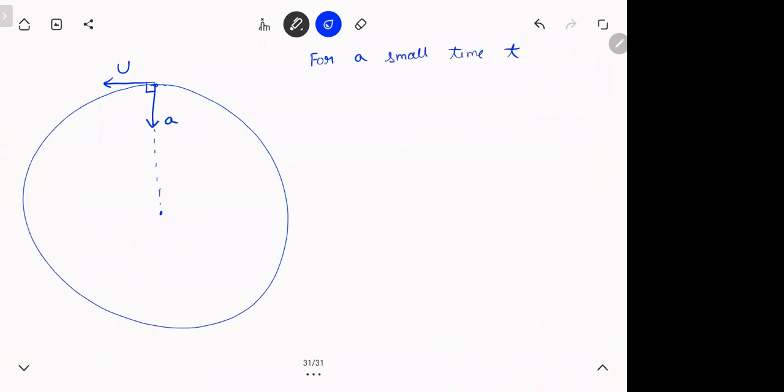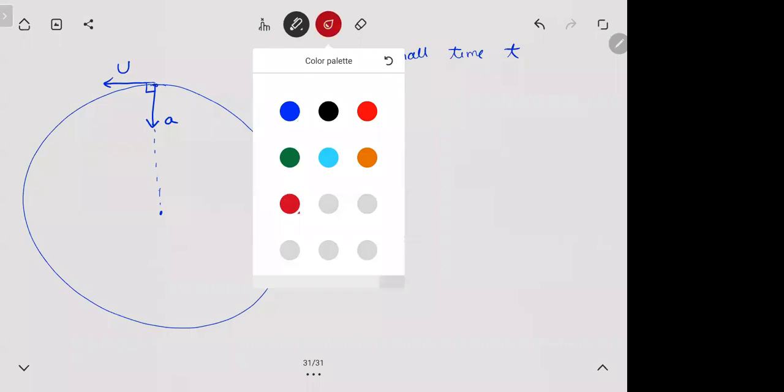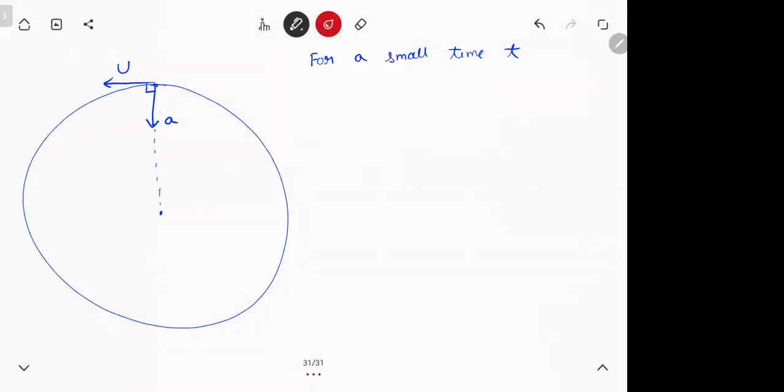So you're taking a very small time t. Now what will happen here? We are using kinematics, okay? In small time t, how much will it fall down? It will fall a distance of half at square. Agreed? Then the remaining distance will be R minus half at square. And in the same time, horizontally it will travel how much? It will travel ut distance. No?